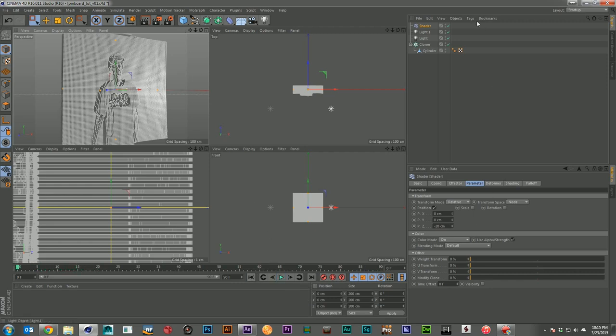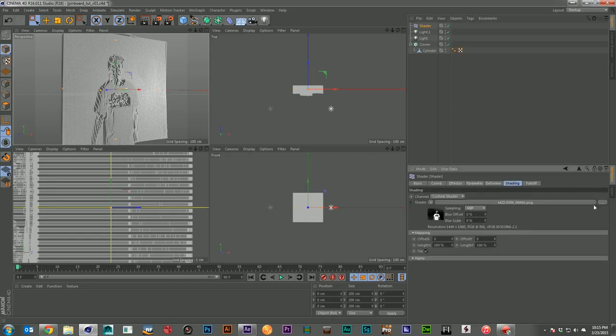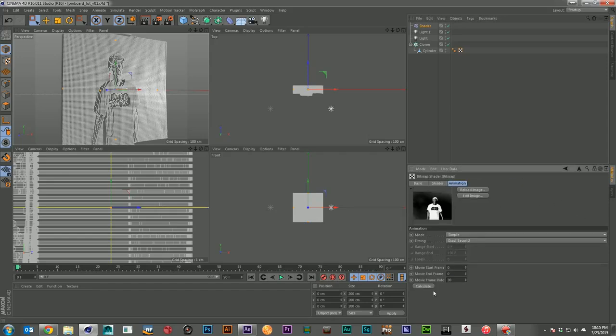I made a mistake. You've got to do the same process you would do with any image sequence, which is come in, give it your frame rate, and tell it to calculate. There we go. Now we should be able to hit play, and you'll see the pins are moving along just as I did, and we're creating that exact same look that was done in the Nine Inch Nails video.